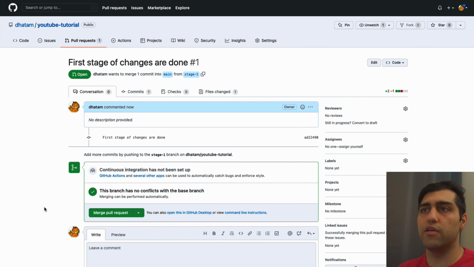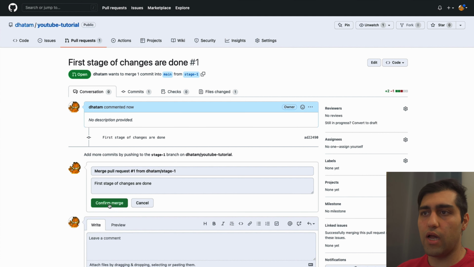So then here you need to fix the merge conflict and then merge it. But now as we don't have any conflicts and everything is fine, we can press on merge pull request, and